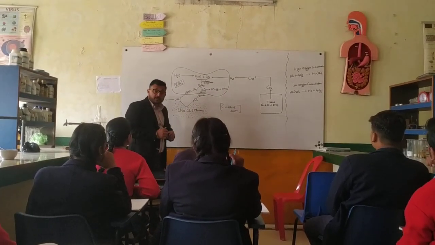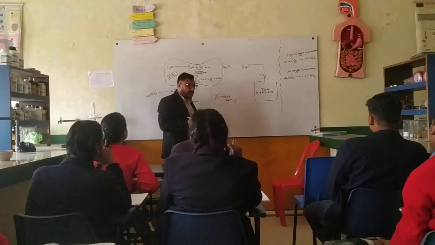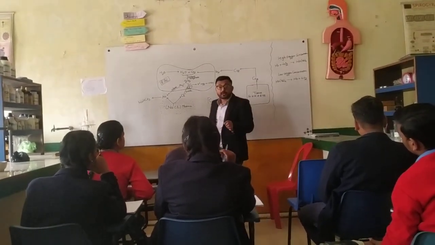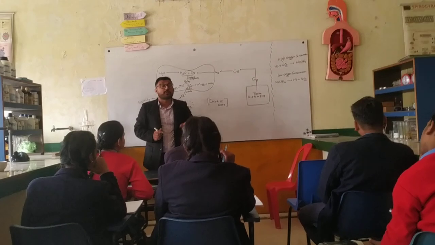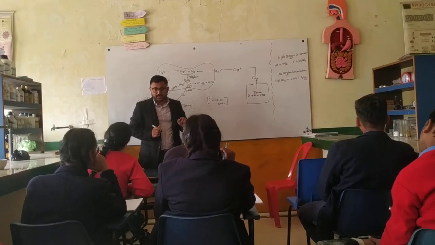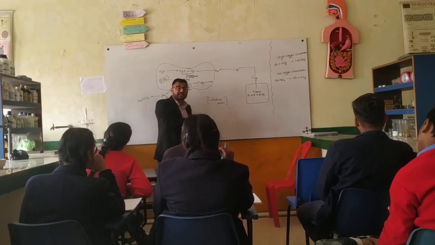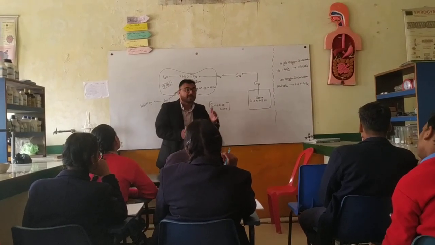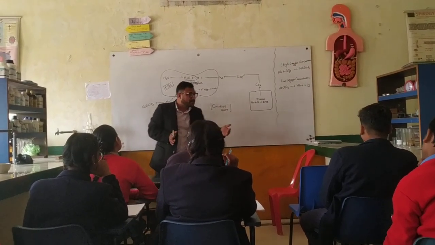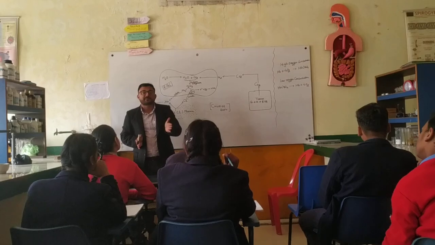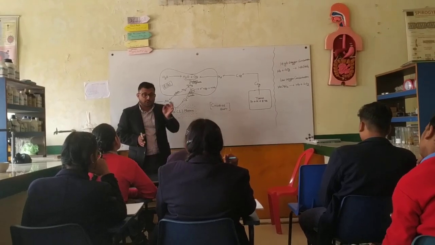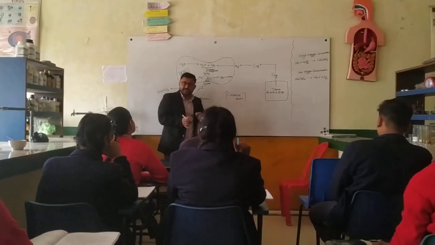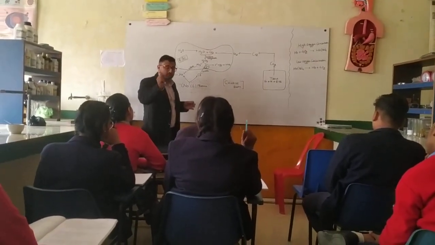But when we come to the question of carbon dioxide, it is actually not carried by the pigment, but it is transported in the form of a dissolved part. Means carbon dioxide can transfer in dissolved form, and the oxygen is only taken by the help of the pigment. The pigment is called iron. Iron is present in the hemoglobin. So the red color of the blood, that is erythrocytes, is because of the hemoglobin.